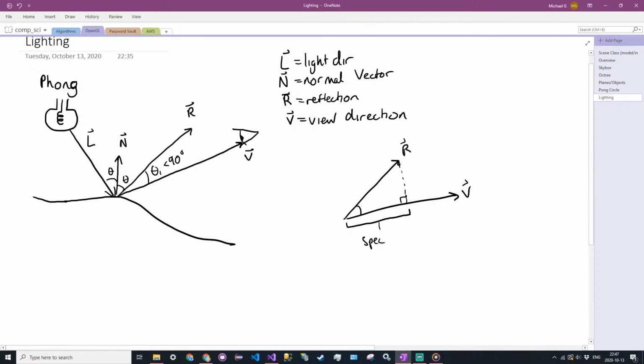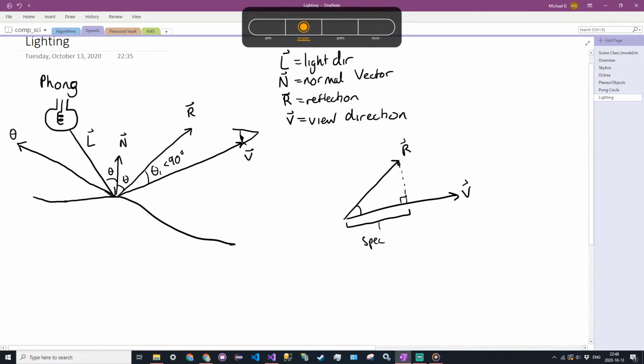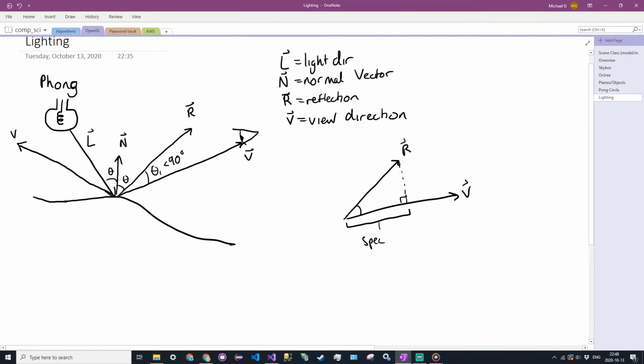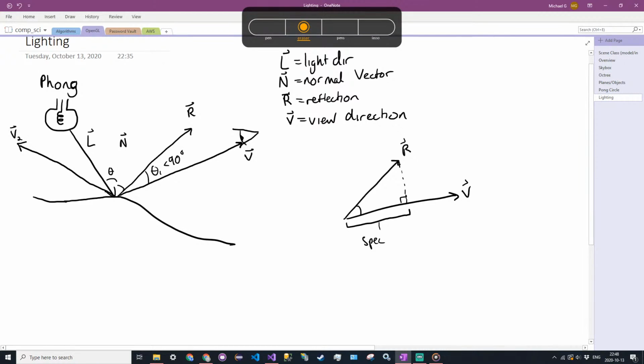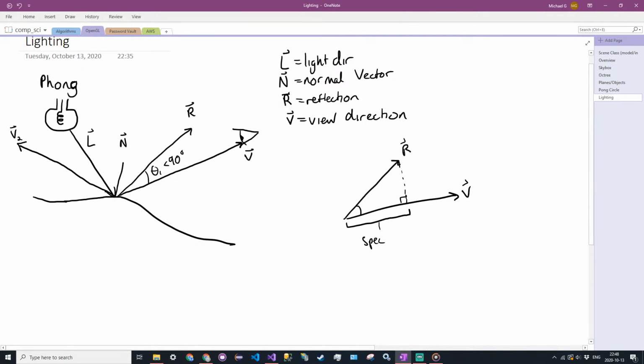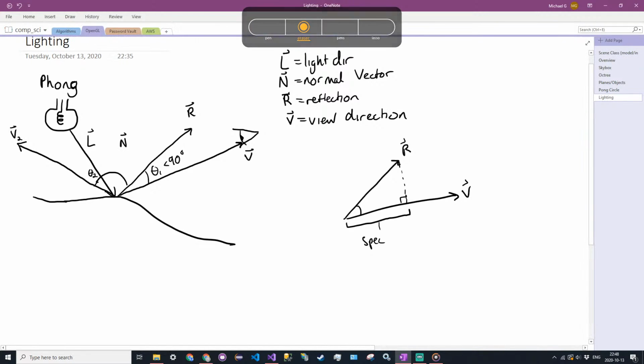So you might see something like this. The view direction is all the way over here. We just call this V2 for a second view direction. And we have a larger theta. I'll actually just erase these. So this is theta 2. That's a shitty normal vector. And what you'll find now is that